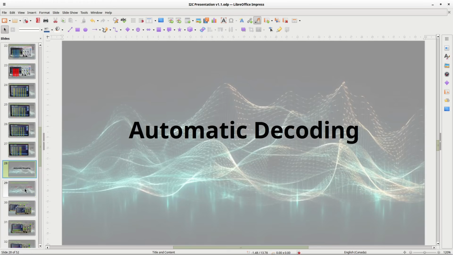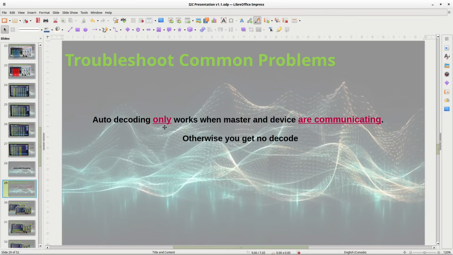So let's do an automatic decode now. This is what they don't tell you in the manual. Decoding only works when master and slave, the Arduino and the device, are communicating.